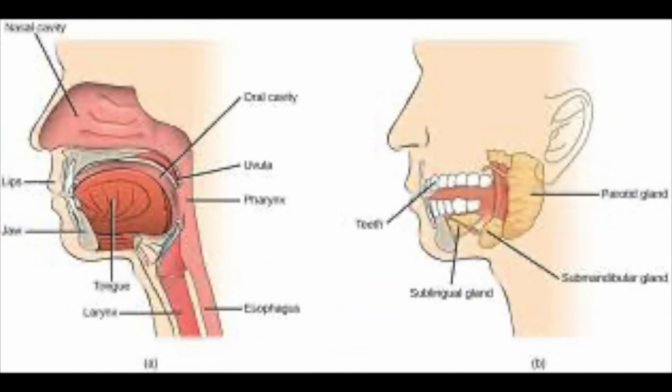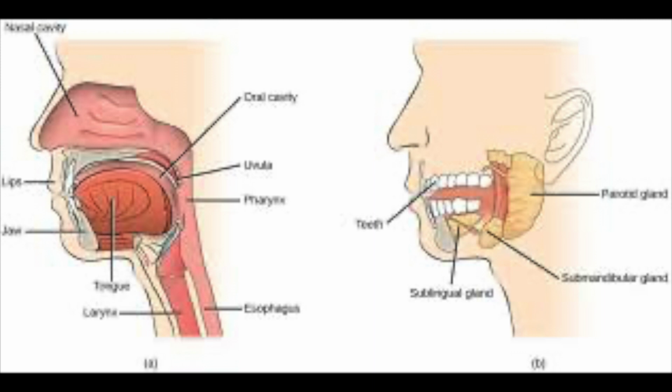Starting with the first organ in the digestive system, and the one that commences digestion, the mouth. There are three main functions of the mouth, which are to receive food, to mechanically digest food, and chemically digest starch. Because the mouth is the starting point for digestion, it begins the digestion of all different food molecules.